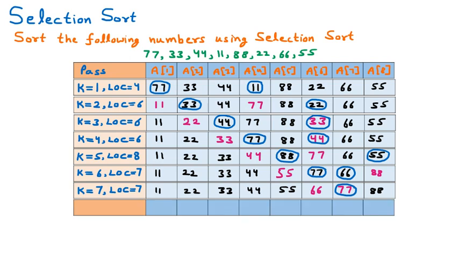So here we have inserted the last row in which we are going to write the elements which are sorted after performing the selection sort. So the elements are 11, 22, 33, 44, 55, 66, 77 and 88. Earlier we were given the sequence of elements which was unsorted, and we have applied the selection sort here, and we have got a sorted sequence. So this is how we can apply the selection sort, and we can sort the elements.